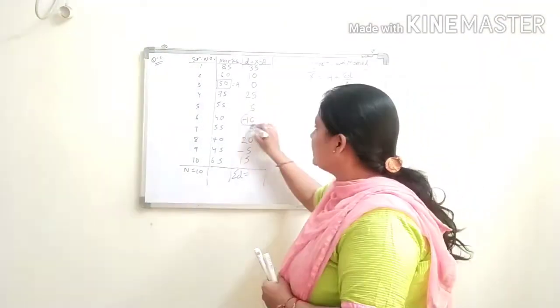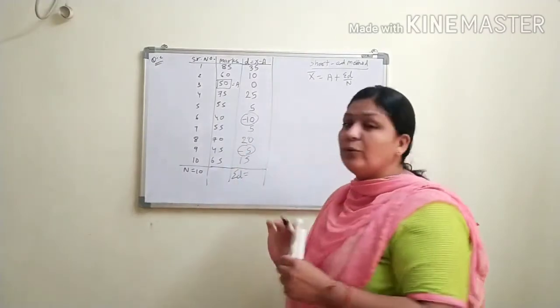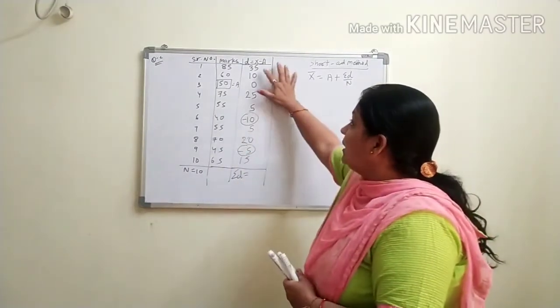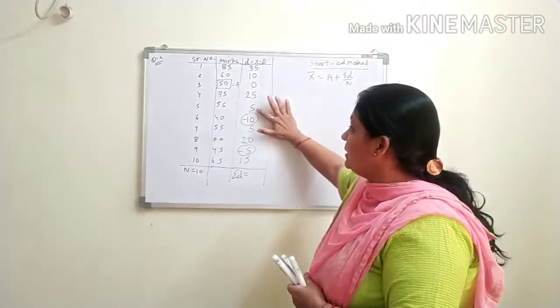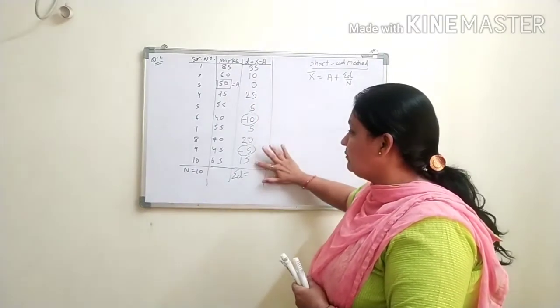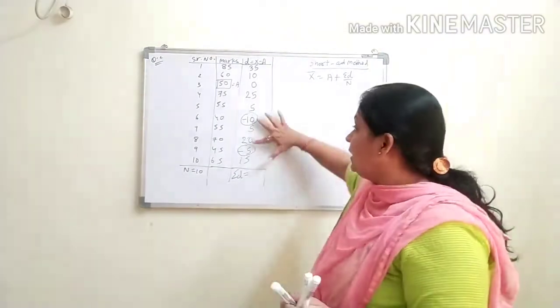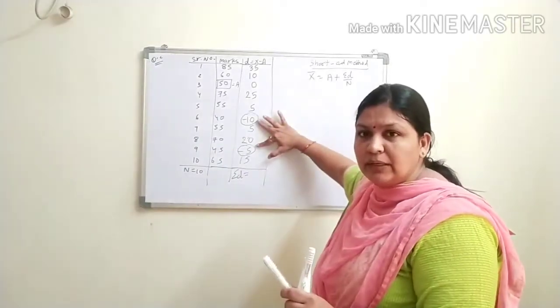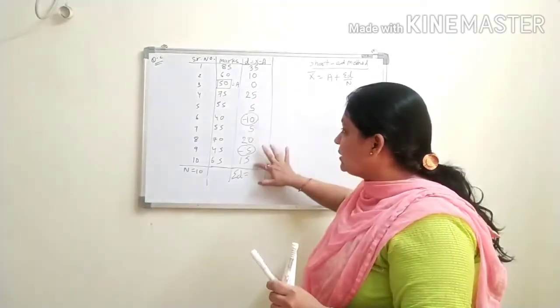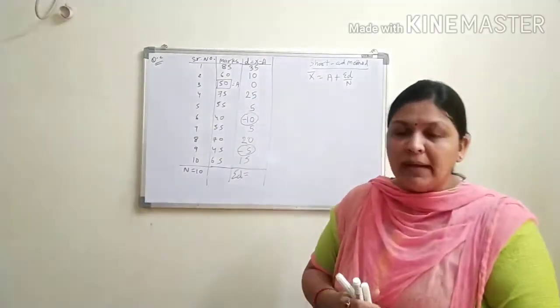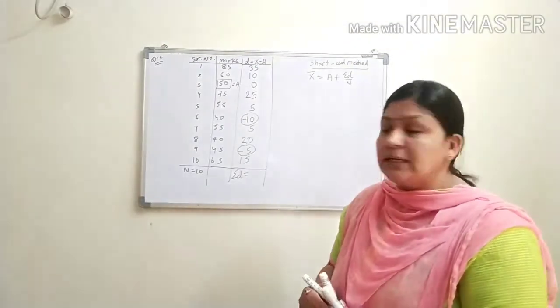इन दोनों को exceptional कर दो. इन दोनों को calculate नहीं करना है. Now 35 plus 10 plus 25 plus 5 plus 5 plus 20 plus 15. Then after इन दोनों का total लगाओ, that is the 15. So इन सबको plus करो, then minus वाले को उसमें से minus कर दो. So you got the answer.